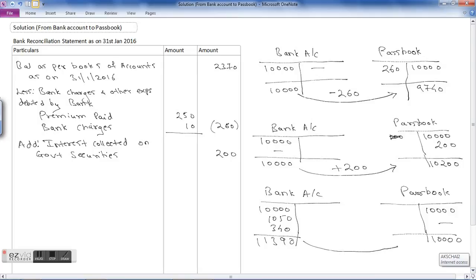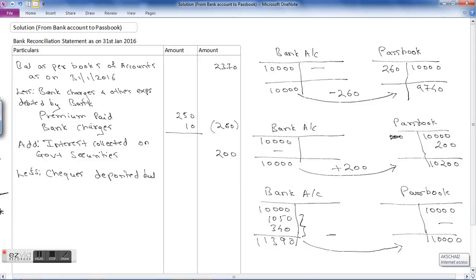Since we are moving from here to here, we have to reduce these two. Correct? So less, what is it? Checks